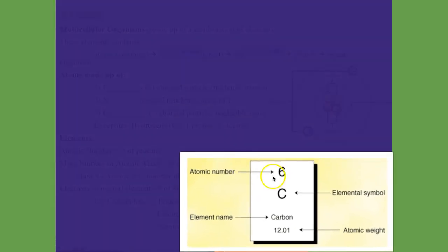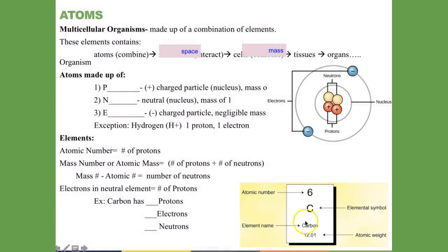Now, the elements, we're going to see what it looks like when you're looking at that whole huge periodic table of all those elements. When you look at that periodic table, this is what you're going to be looking at. We're going to break it down so that you understand what you're looking at. The atomic number, at the very top, is also telling you how many protons there are. So the number of protons is also the atomic number. If you're looking at carbon, the atomic number is 6. That's also how many protons there are. So right here, carbon, 6 protons.